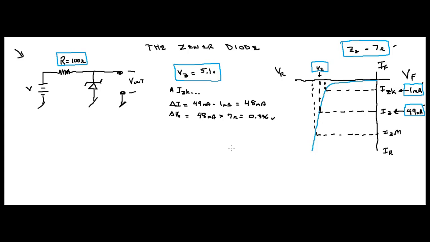Seven times 7, that's correct. Yep, I just had to do that in my head. Okay, so now we have to apply that, right? So we're going to say the new VZ is,